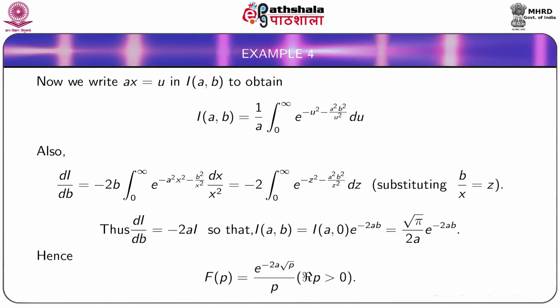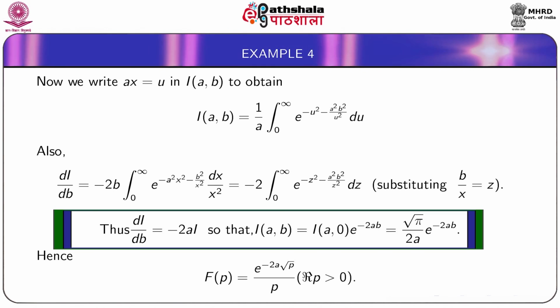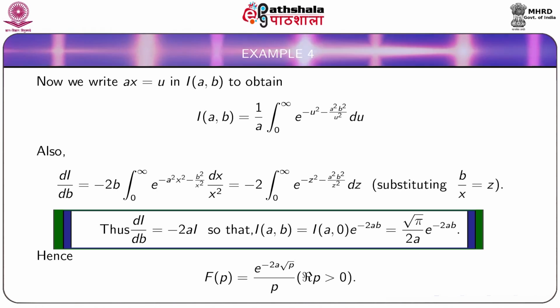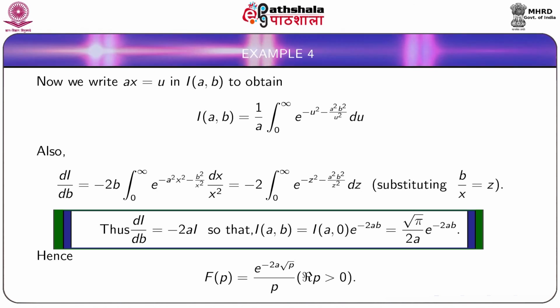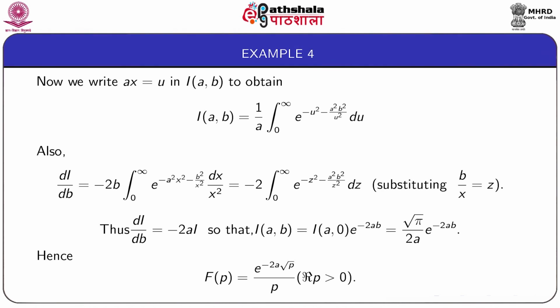So that dI/db is equal to −2a times I. We compare this integral with this integral. So this is a first order differential equation in I, from which we can obtain after solution